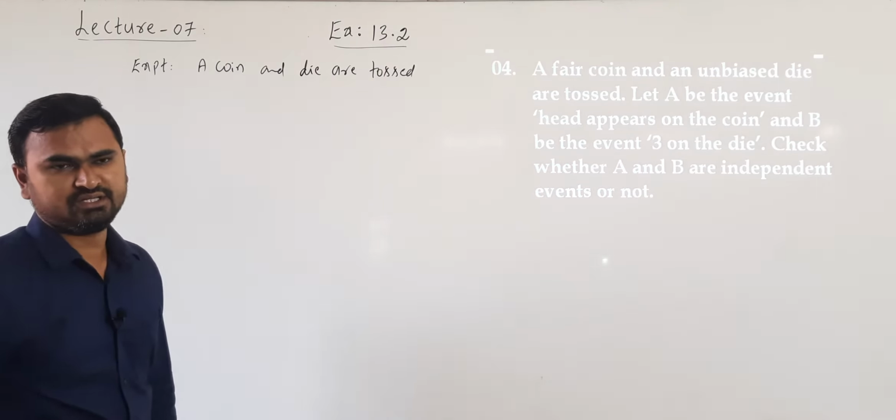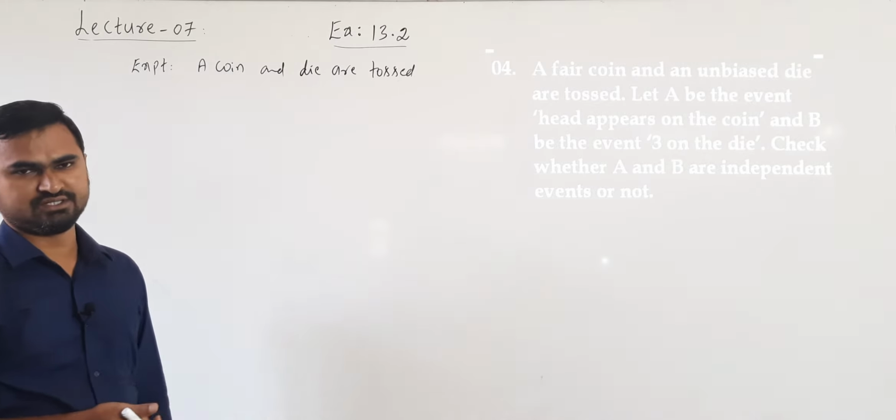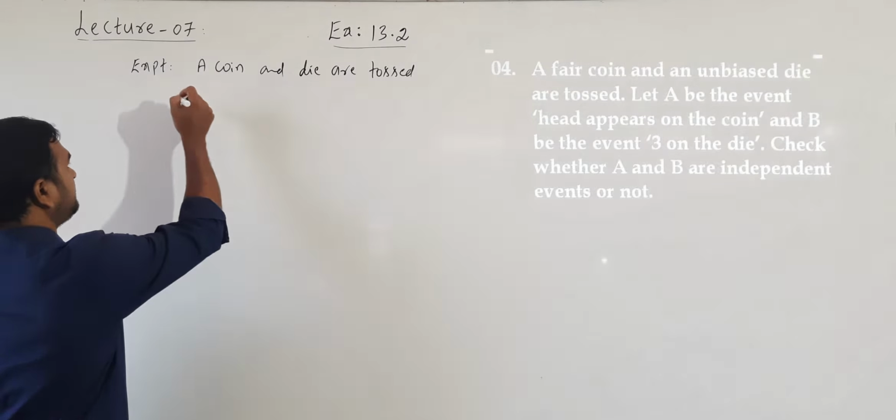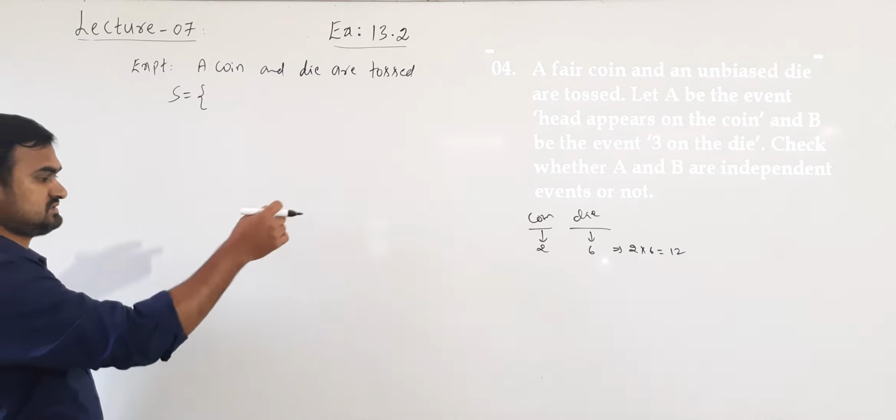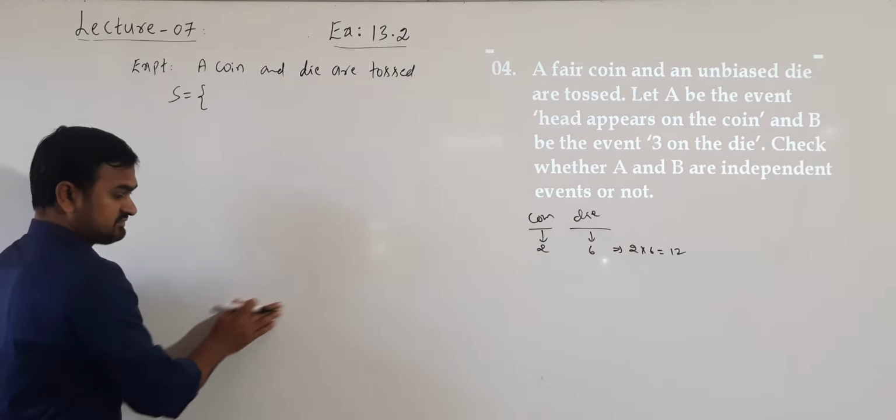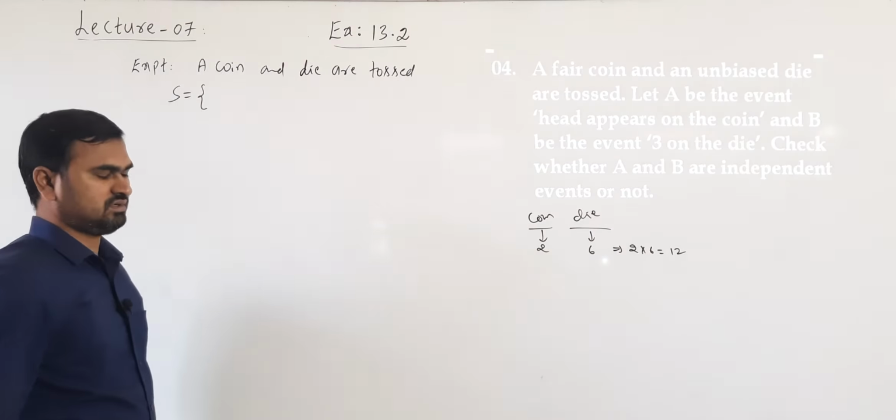So when we are throwing a die and coin together, what will be the outcomes we can get? I can write the sample space: the result on coin and the result on die. The result on coin can be in two ways, and the result on die can be in 6 ways. So this can be filled in 2 ways, head or tail, and this can be filled in 6 ways. So total there are 6 into 2, that is 12 outcomes possible, using permutation combination formulas.